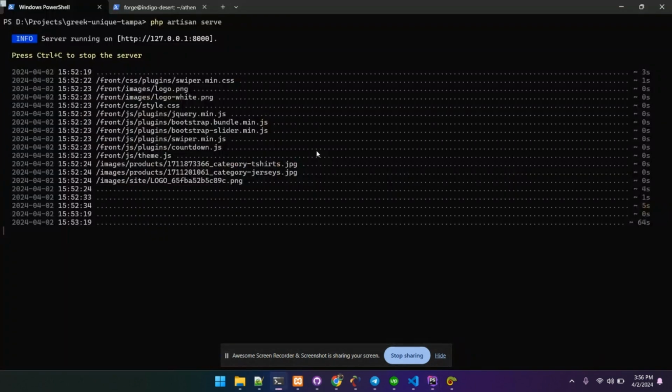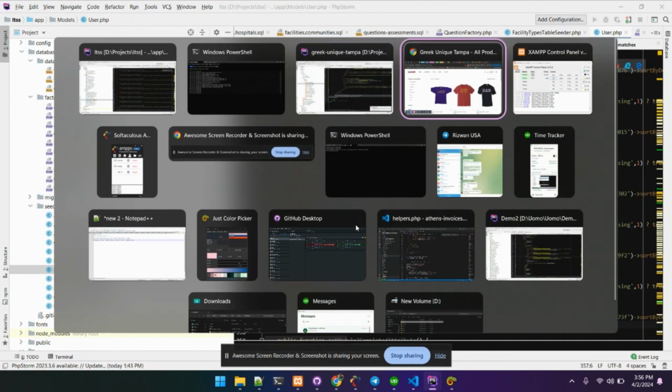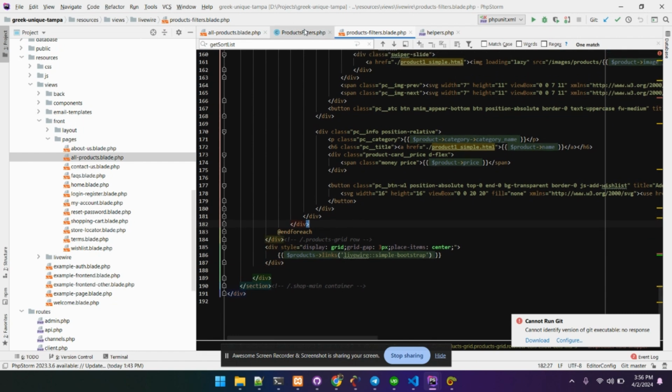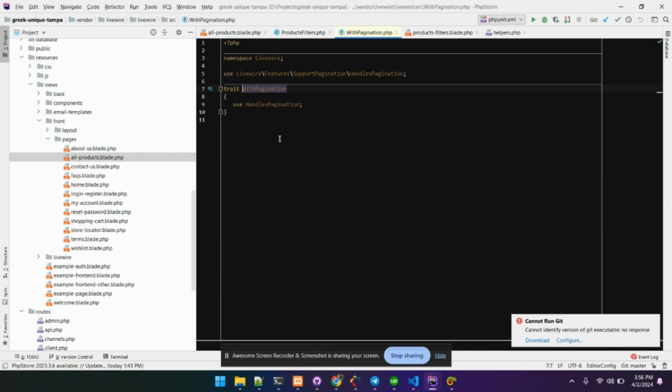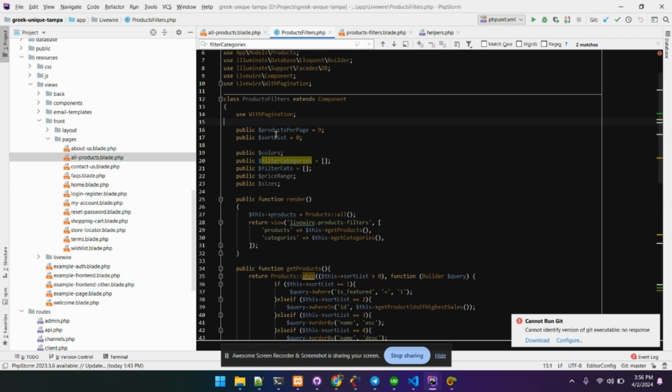So this is the first thing that I would like to share. And what are the changes on the component side of this product? If I show you, this is a trait that you need to use. Basically this is a trait. As I told you, there is a trait provided by Livewire, that you have to just use in here, and you have to define the